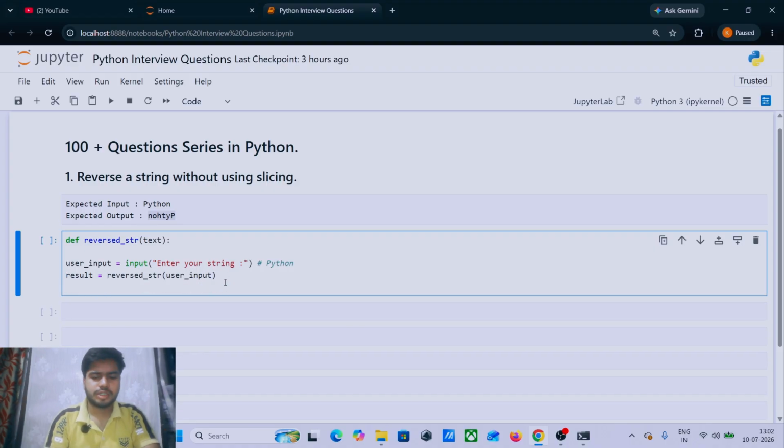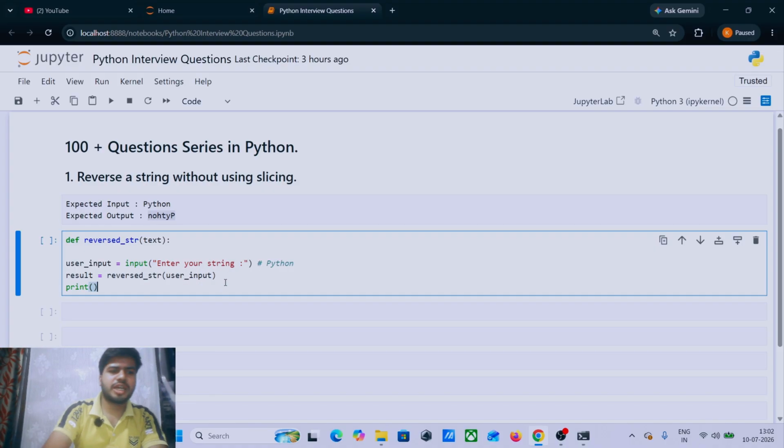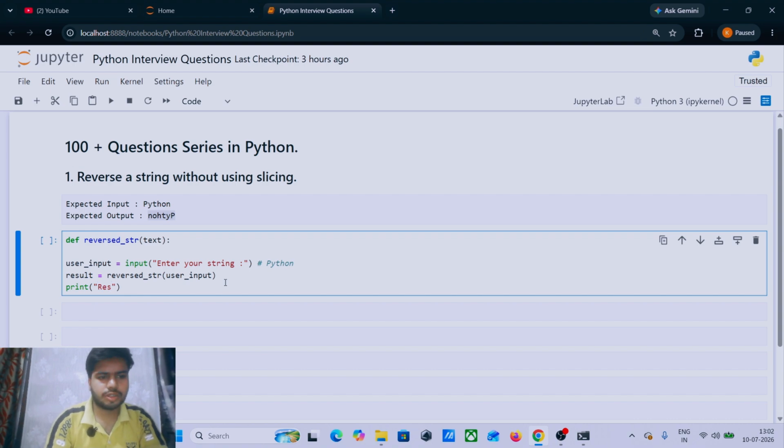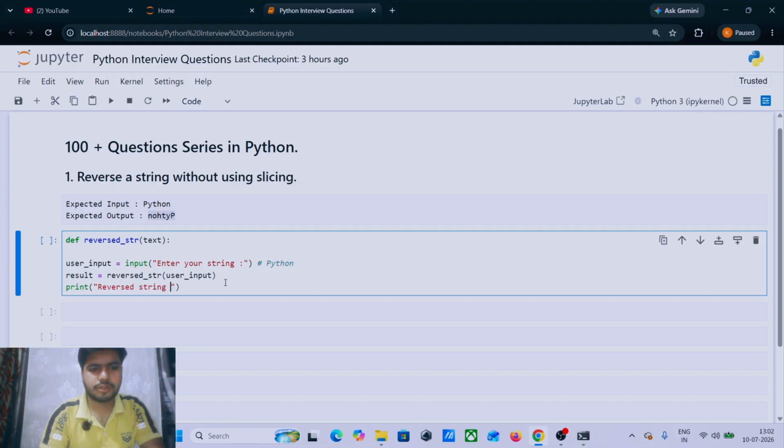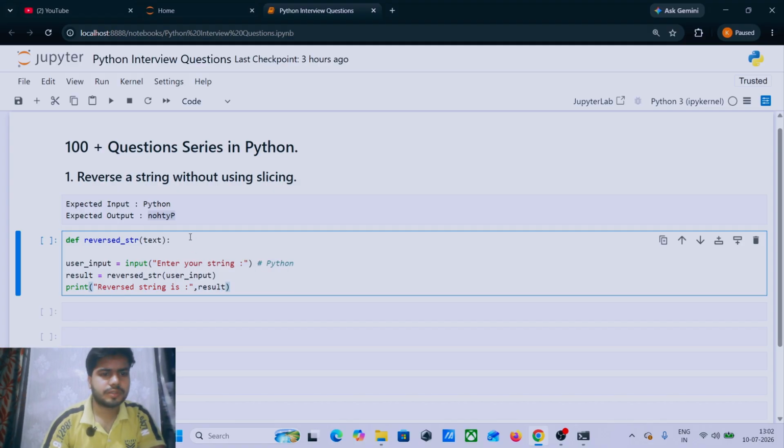After that, we need to print the result as well. We can write: reversed string is, and then the result.